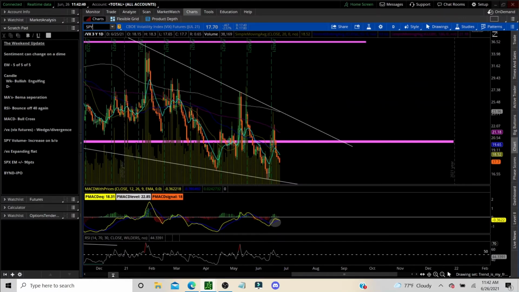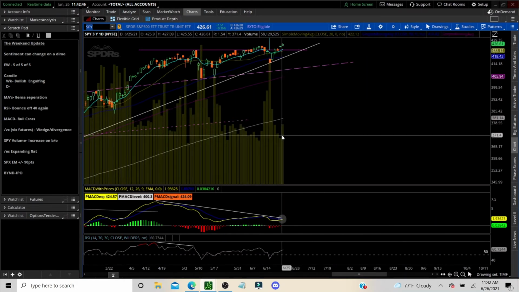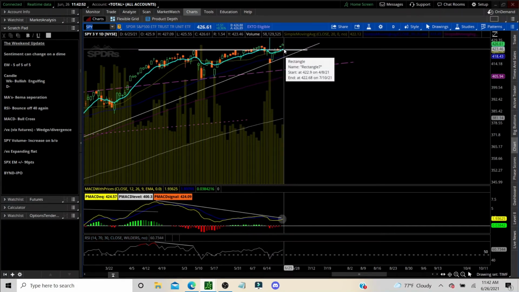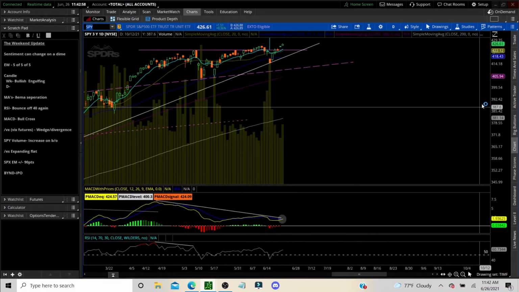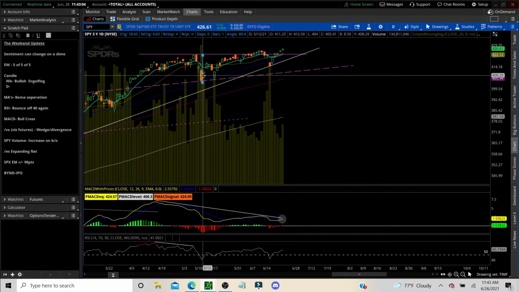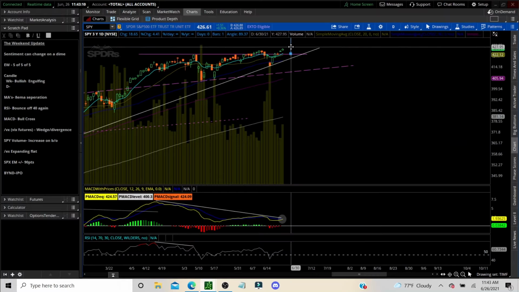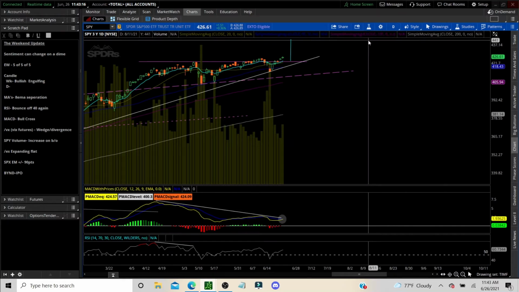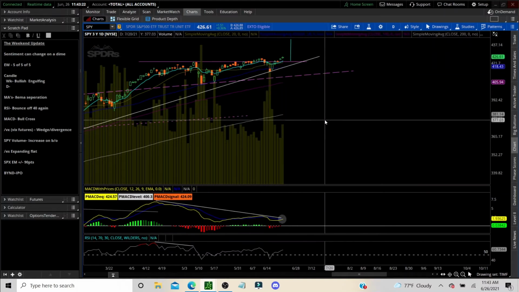On the SPY, we want to check out volume. A couple different things, actually. The volume did increase as we're starting to break out from this ascending triangle, so that's really a good bullish sign. Same thing, we're looking at that MACD crossing over. But what I really wanted to show you on this one was the measured move. So we took a line from the bottom of the ascending triangle, and then put it at the neckline, and that's how we get just a rough measured move to about the 440 area, where we could break out to according to that type of measurement.